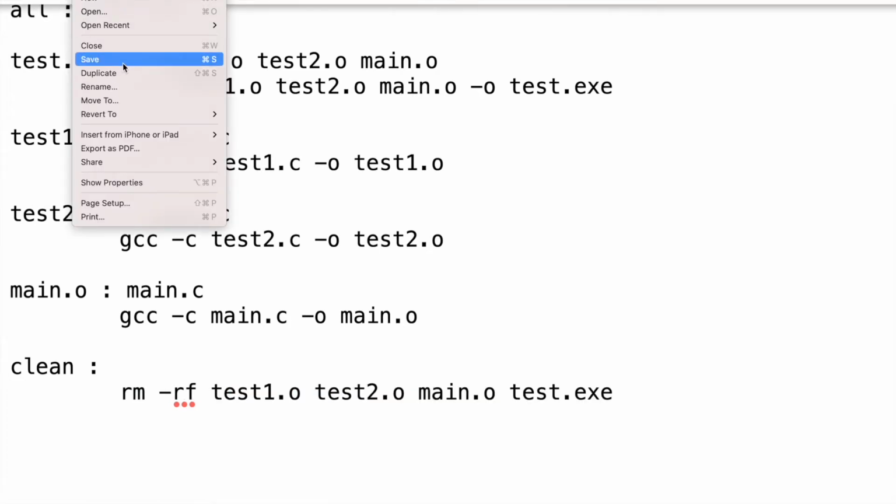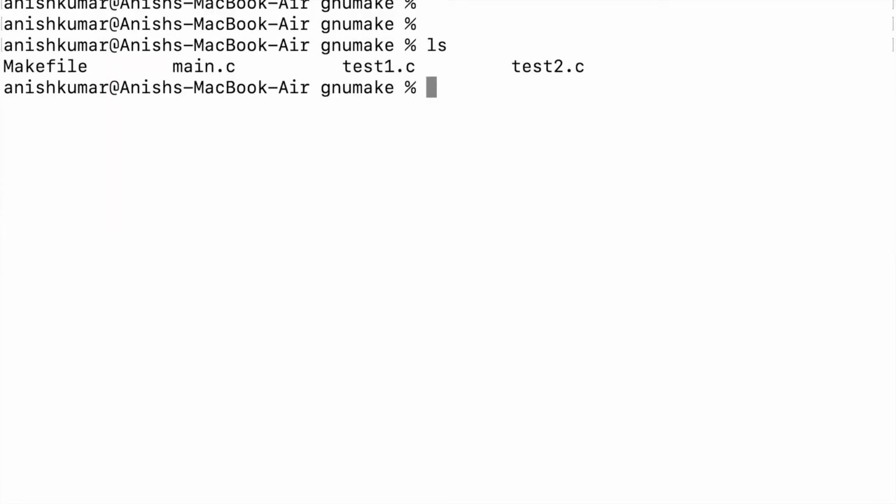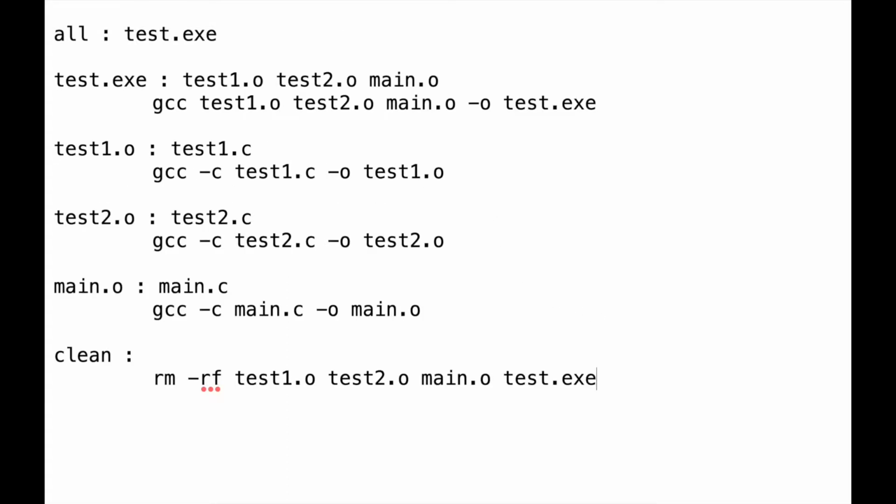Save this Makefile. Let's compile the source files using this Makefile. Issuing the Make utility. It has compiled successfully and generated object files and the executable file. If we go back to our Makefile, we will see that the same files are written in the prerequisites or targets and in the GCC command. We can reduce this code redundancy using automatic variables, which will make our Makefile very neat